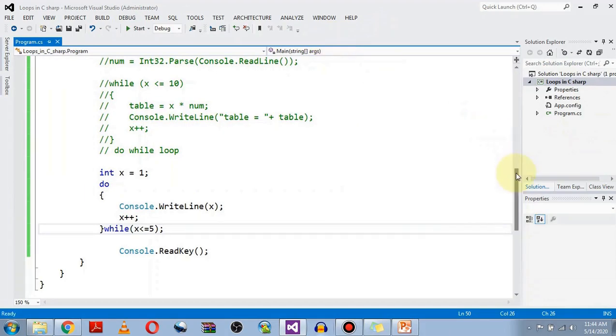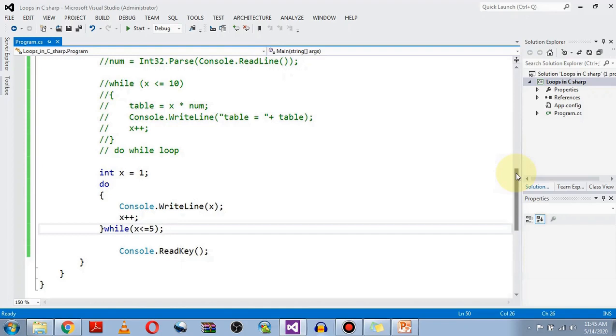Okay students, this is all about the loops topic. We have learned what a loop is, what the different types of loops are, and the syntax of the for loop, while loop, do while loop, and the foreach loop. In coding we have implemented the while loop and do while loop.